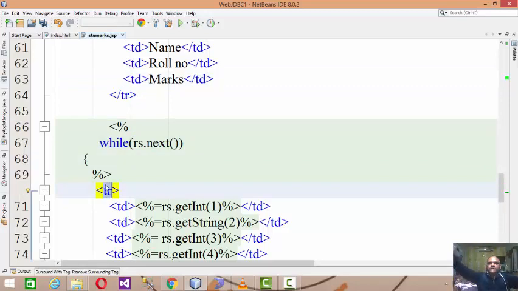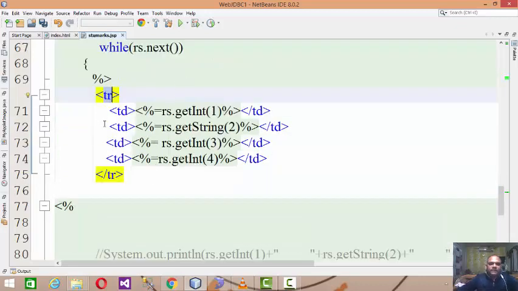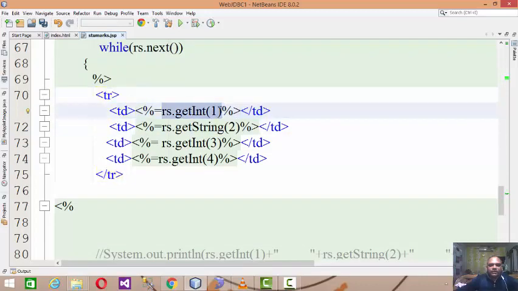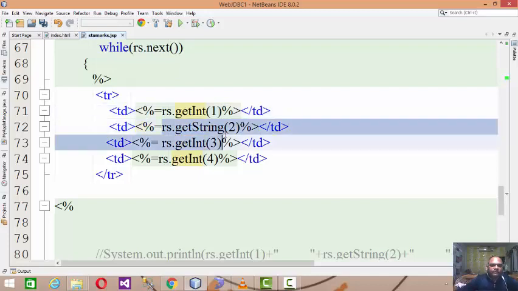So the list of the students, the table titles, and then the number of rows need to be added over here. So while rs.next, then here is the dynamic table row, table data, rs.getInt(1), which will fetch the serial number, then it will fetch the name, and it will fetch the marks, right?